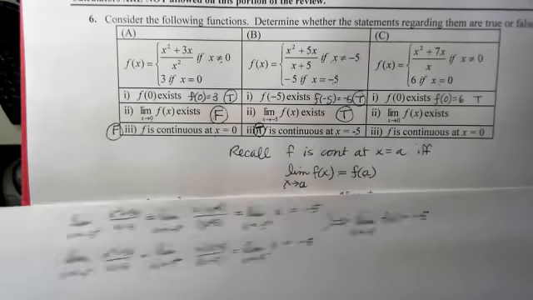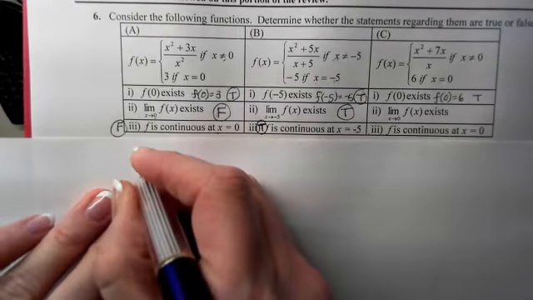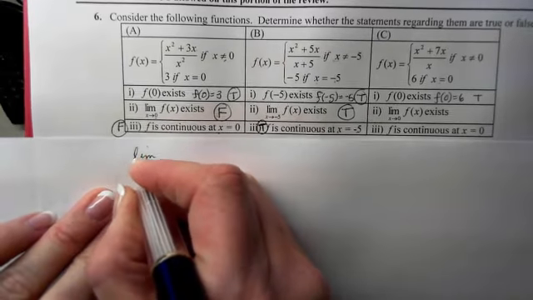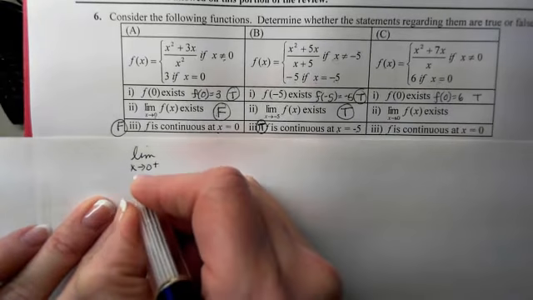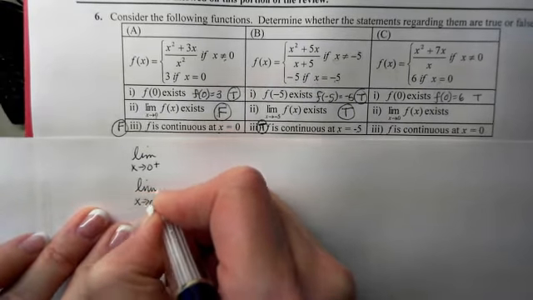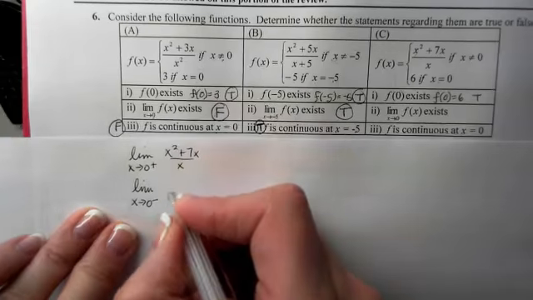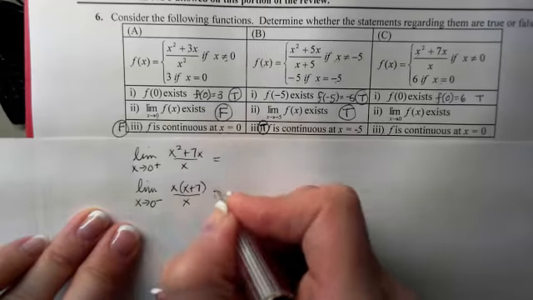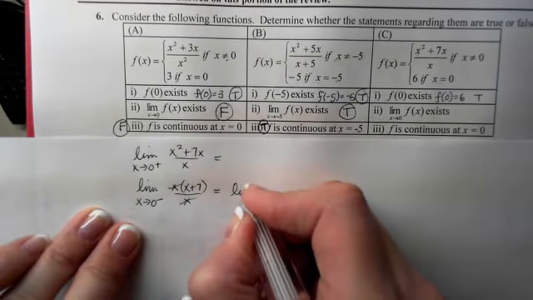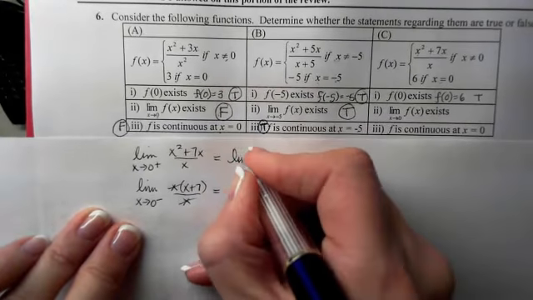Third and final one, part C. We want the limit as x approaches 0 from both sides. 0 is the joint, so we're going to come at it from the right and we're going to come at it from the left. Notice that both of them use the same branch, just like before. So I'm going to factor while I'm at it. And notice that I can get rid of that x. So now the problem factor is no longer in effect,